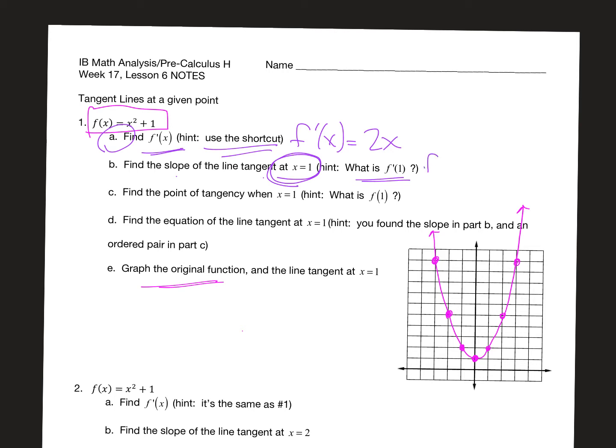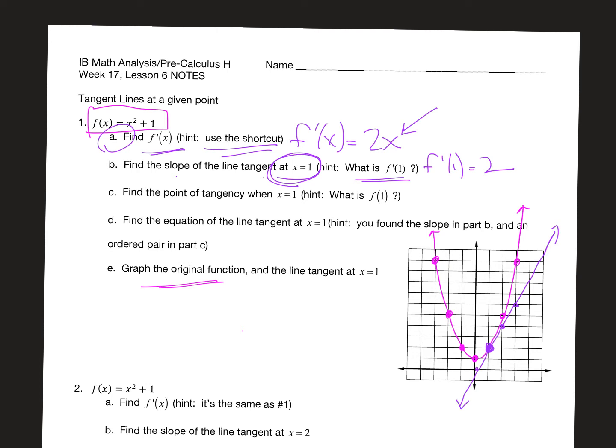So if I plug 1 into what I just figured out, I get 2. That means at this purple dot, if I draw the tangent line, which I'm going to do,